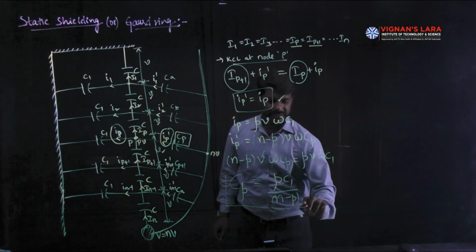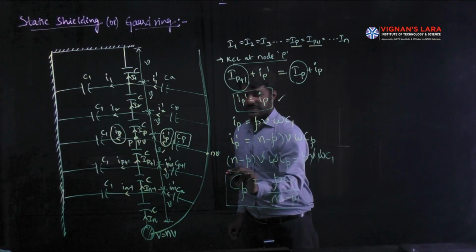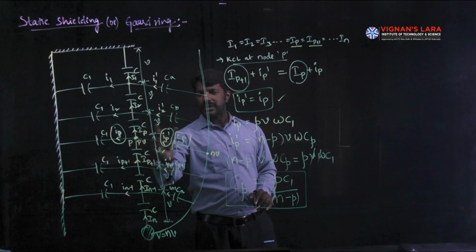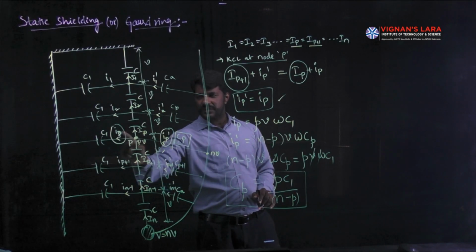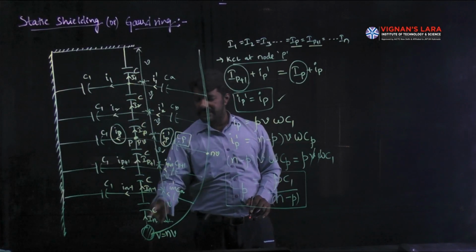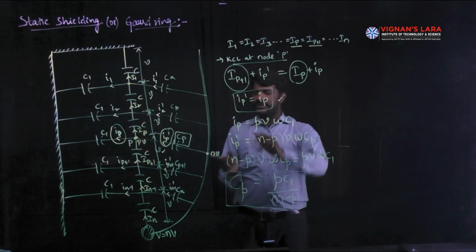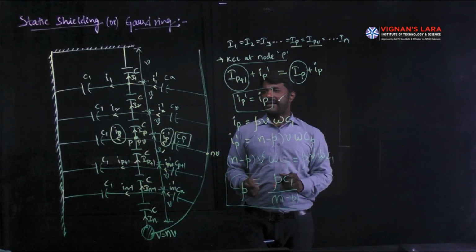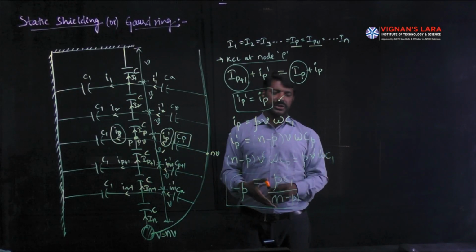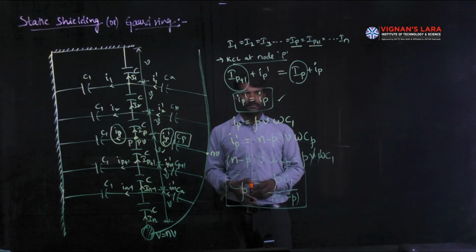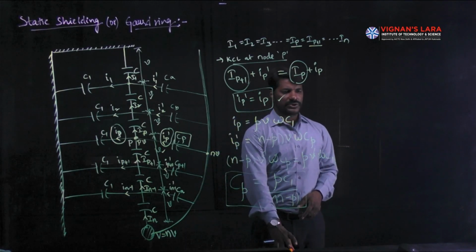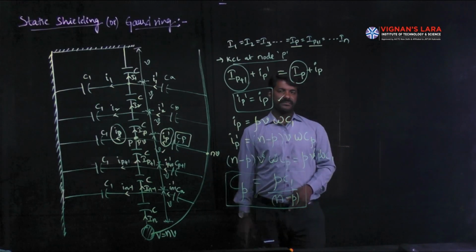This is the magnitude of the formula which is to be maintained for the pth node in order to compensate this IP dash with IP, so that all the same units will carry similar currents, producing the same voltage V volts across the similar units. If the voltages are equally distributed, no doubt the string efficiency will be improved. These are the various methods used to improve the string efficiency.